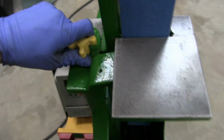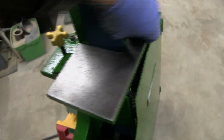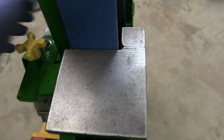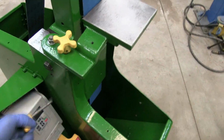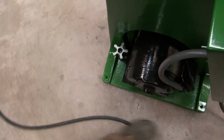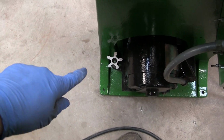The table moves out, so you just pull that knob out and carefully swing. It's a little tight here with the 3-inch belt. Swings away. So if you don't want to use the table, you don't have to. It's adjustable through all the angles, so you just pull this knob out and then it swivels quite easily, and the tension's taken up by the motor tension there,